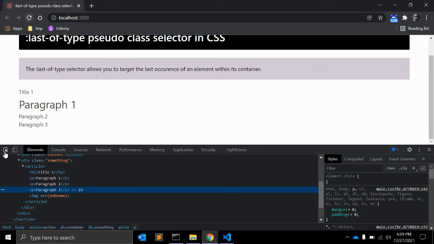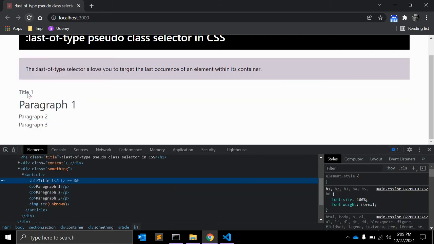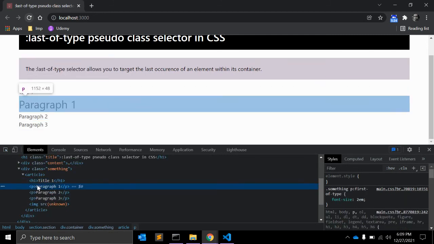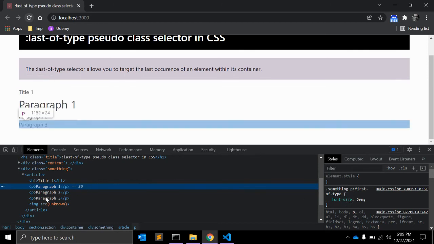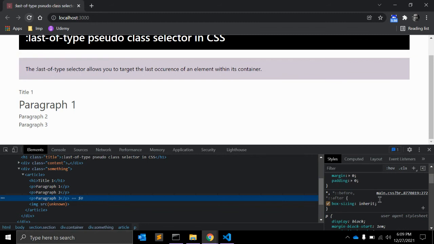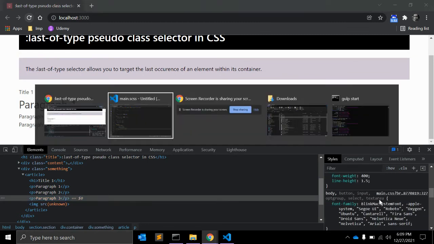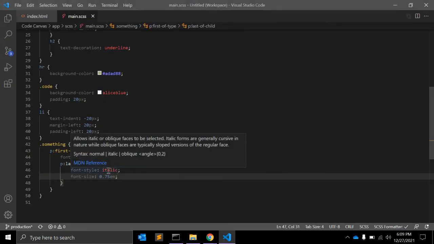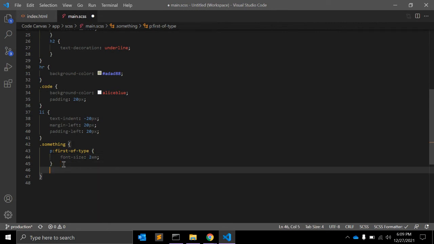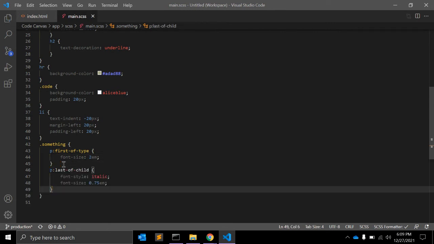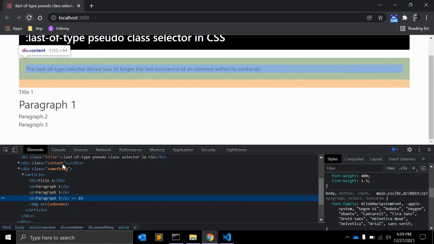As you can see, the title is fine. The first-of-type font size is 2em. And the paragraph should be there, but it is not there. Okay, we need to change this position. It should be outside of this p tag, the p class. So let's see.